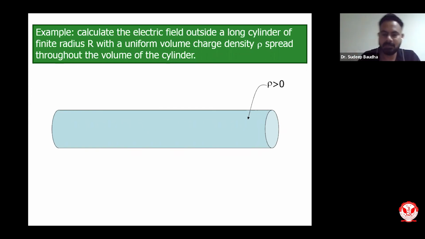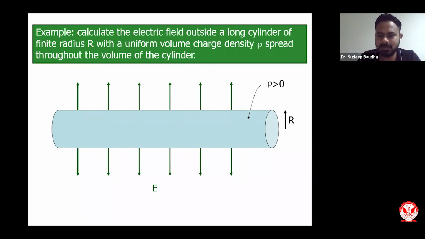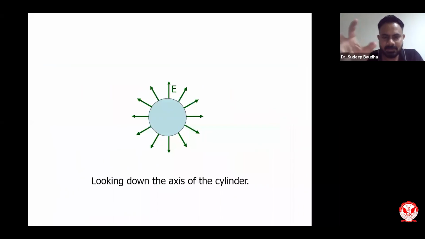And what will be the direction of electric field? It will be in the radial direction, as it is shown over here. So this is the direction of electric field. R is the radius of the cylinder. It is coming in the radial direction. And if you see the side view of this from the axis point of view, this is the Gaussian surface I am choosing, which has a radius r. Electric fields are in this direction. And dA, the area vector, will be parallel to the electric field.